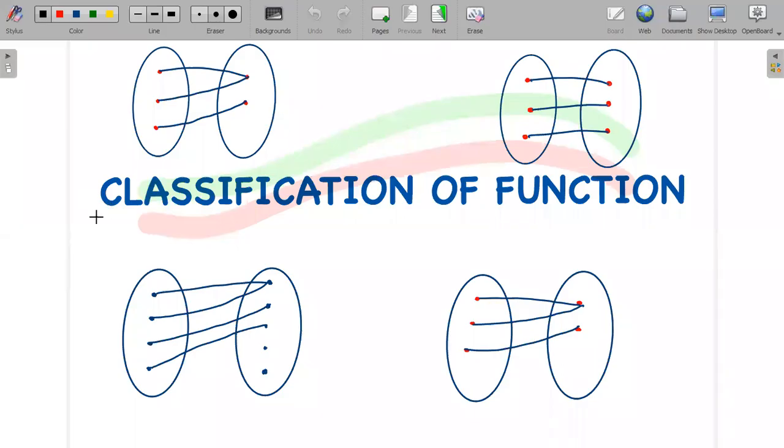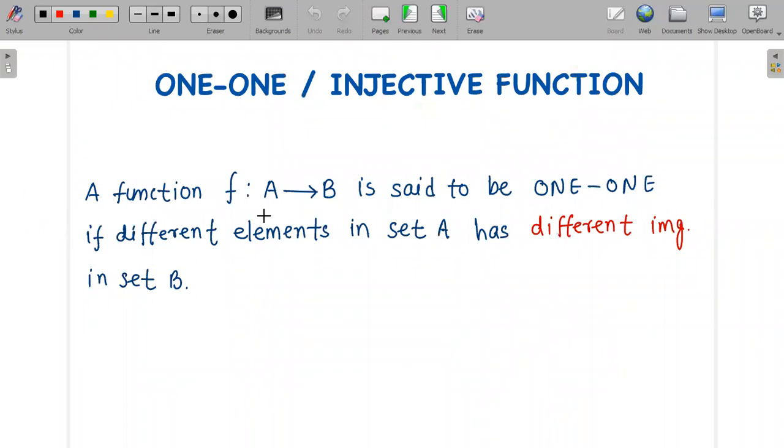Hello students, in this lecture we are going to study classification of functions, specifically what is the meaning of a one-one or many-one function. Usually we call a one-one function an injective one, but how do we define it? Formally, a function f is said to be one-one from a non-empty set A to B when